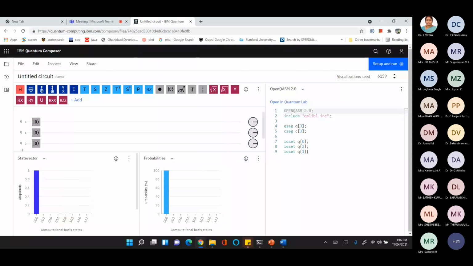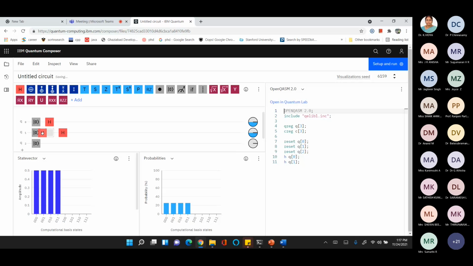Now suppose I apply Hadamard. Here I have only one state, that is 0, 0, 0, meaning all 3 qubits are in the 0 state. How can I create an equal superposition of 3 qubits where I will be having all possible states? Here other states are missing. In the probability distribution also, there is no probability of getting 001 or 010. As I told in the session, can anyone tell what we can do? If we apply a Hadamard gate on all these 3 qubits, what will happen?